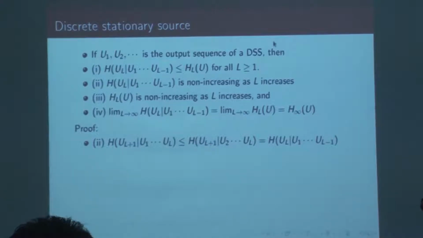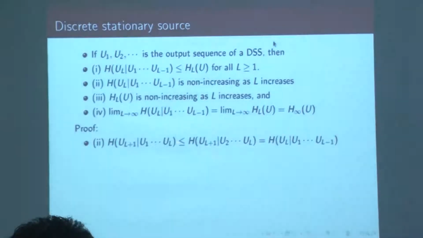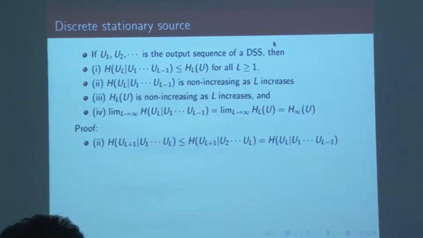Now, we are making use of the fact that this is stationary. So, we are replacing, let us say, L by L minus 1. So, if we do that, this is U_L given U_1, U_2, U_3, ..., U_(L-1). Now, that will have the same distribution because it is a stationary source, and that is how we get this. Okay. So, we have proved some properties of this, basically how we describe uncertainty per letter for a discrete stationary